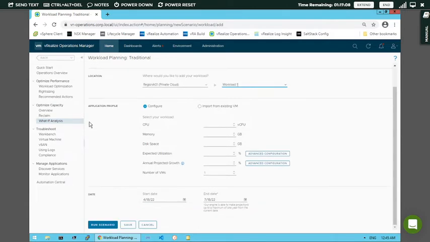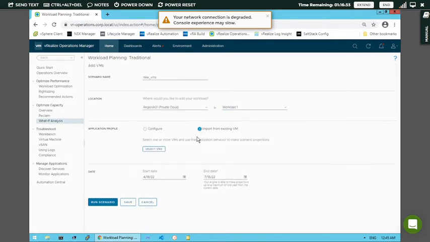Okay, and after that you have application profile, where it will ask you to provide the details related to configure and import. So if you are very good and if you know how much requirements you have, then you can directly provide this particular data manually. But in case you don't have that, it's very simple, you can go with the second option. The first option can be selected only if you are very much familiar with the amount of resources you require and how much it requires in order to execute one particular project and all. If you are good enough in that, you can go with this. But if you feel like, okay, I'm new here, I'm not able to do it, go with the second option,